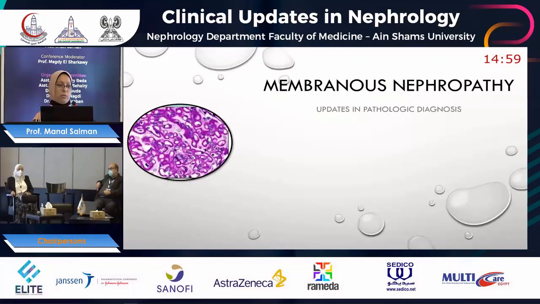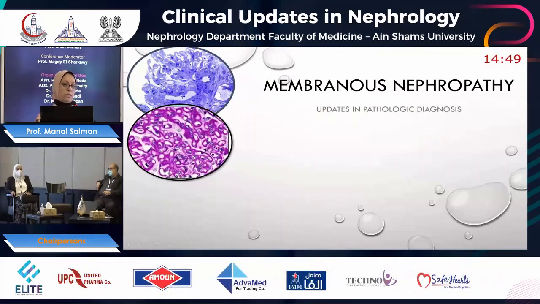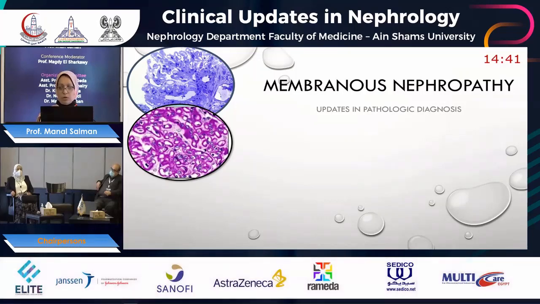Membranous nephropathy is the lesion characterized by diffuse, uniform thickening of the capillary wall seen by light microscopic sections prepared from paraffin or the semi-thin sections prepared from resin blocks. Both show thickening of the membrane. The cellularity is variable. Usually there is no hypercellularity, but I can see some cellularity in secondary